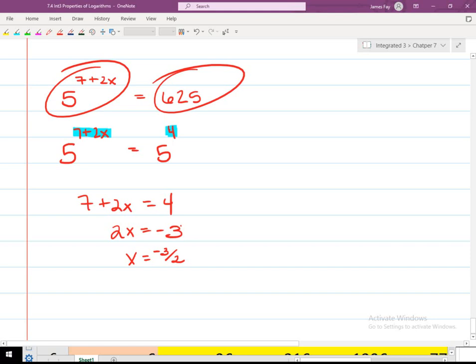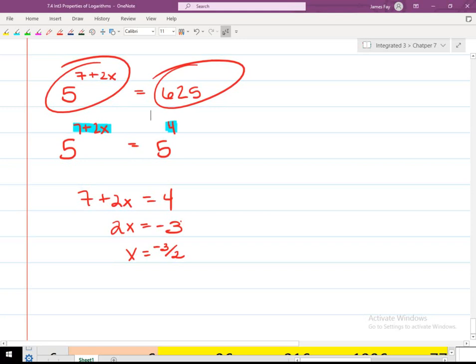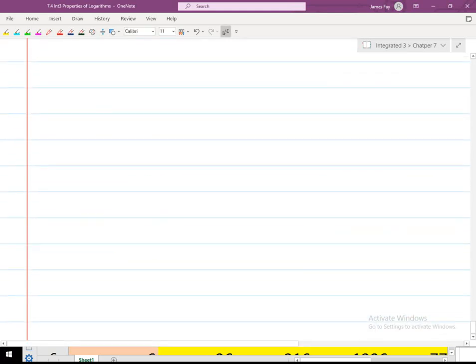So let's go a little bit further. And I'll try to make this example a little bit more difficult, but not as difficult as we can get. We know our powers of 3 very well. Let's rewrite. Let's go 9 to the 2x